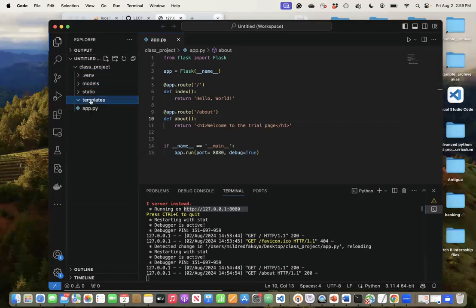So let's look at templates. Jinja2 templating engine is what we use, and it makes it easy for you to have a base file that you inherit from when you create other pages. We have the index page, about page. We're not going to write HTML code in a return statement like this. We're going to render a template. When we want to use